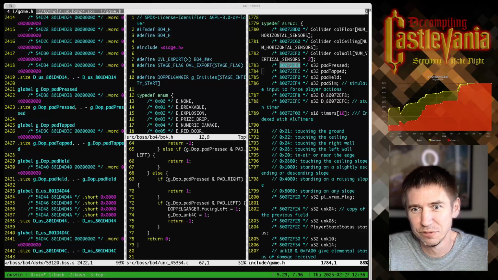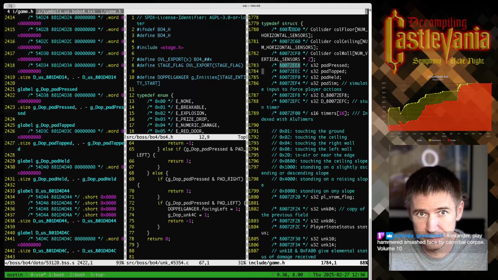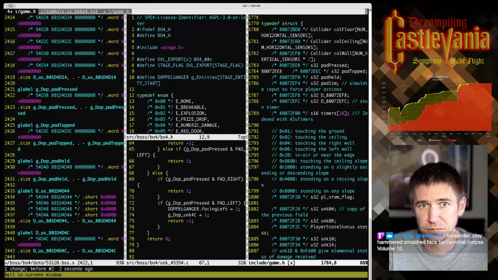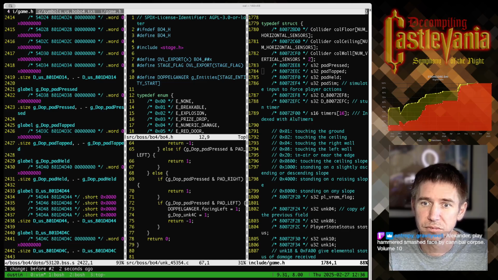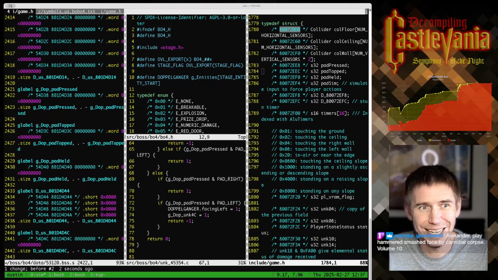So I'm going to figure out what the offset is for player state. When we're at pad pressed, we're at 2EE8 in the normal G player struct. And it starts at BD0. So that is 318 hex less. So I'm going to take this offset